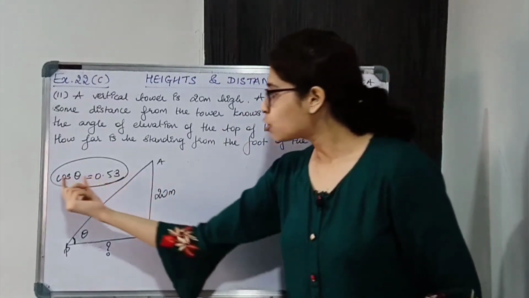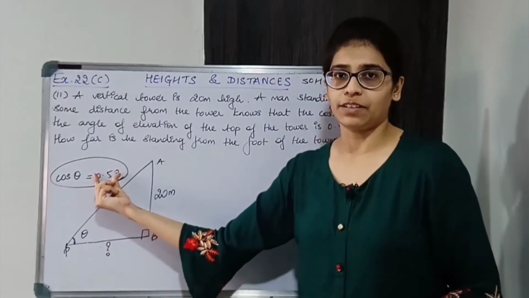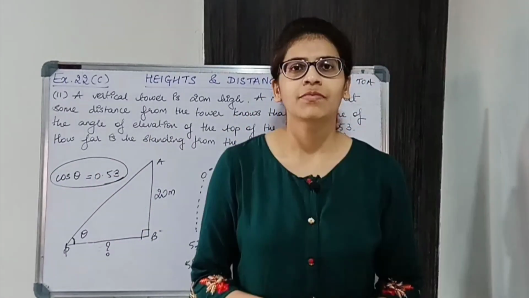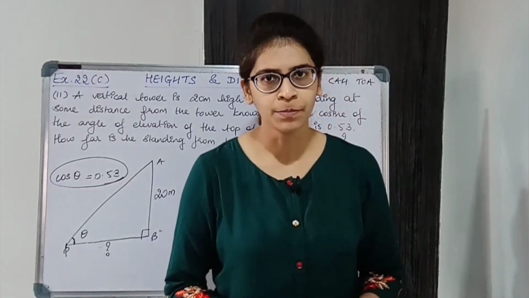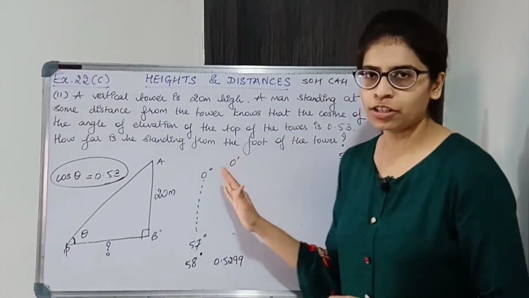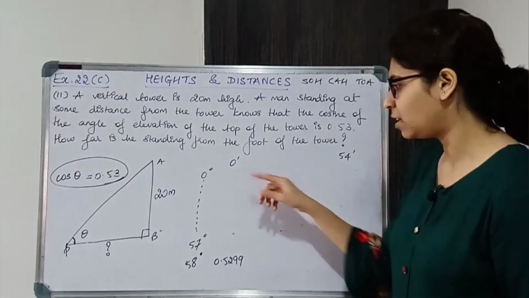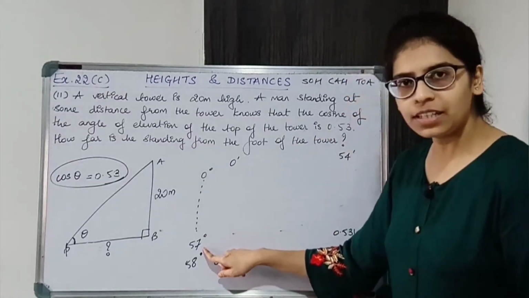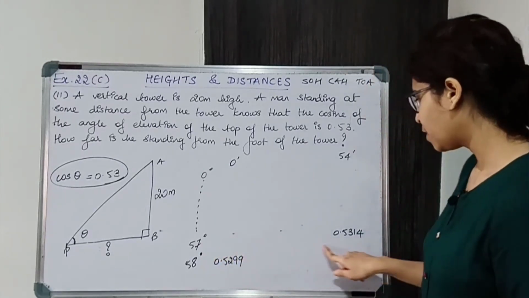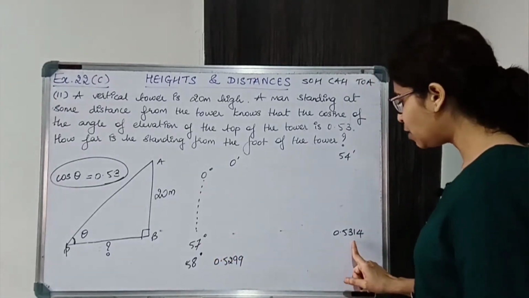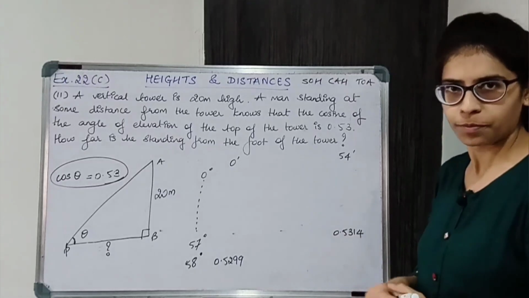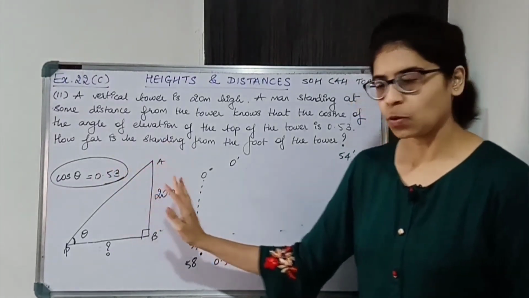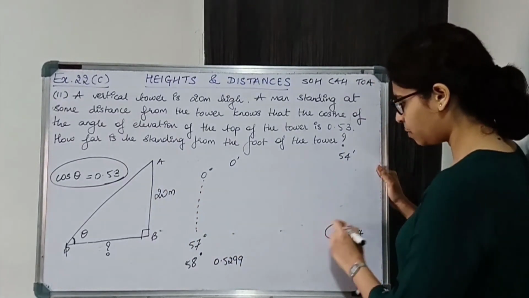Okay, cos of which angle is equal to 0.53? So let's look at the natural cosine table. Now if you go to the natural cosine table, you will observe that initially you are not getting 0.53. If you reach 57 degrees, in the row of 57 degrees at 54 minutes, you are getting 0.5314. Correct. So it is closer to 0.53. So we are getting 0.5314.